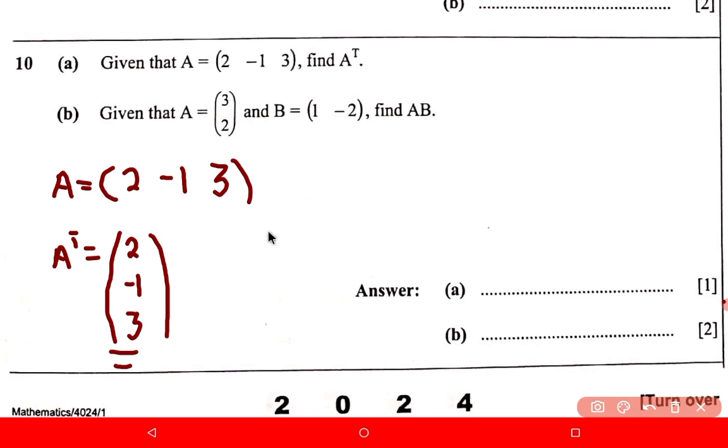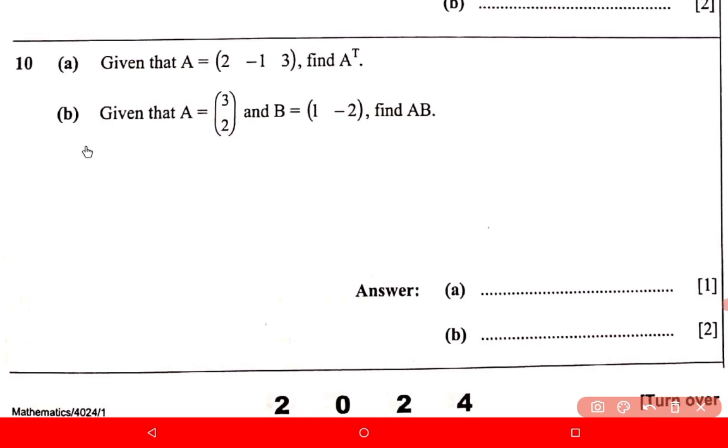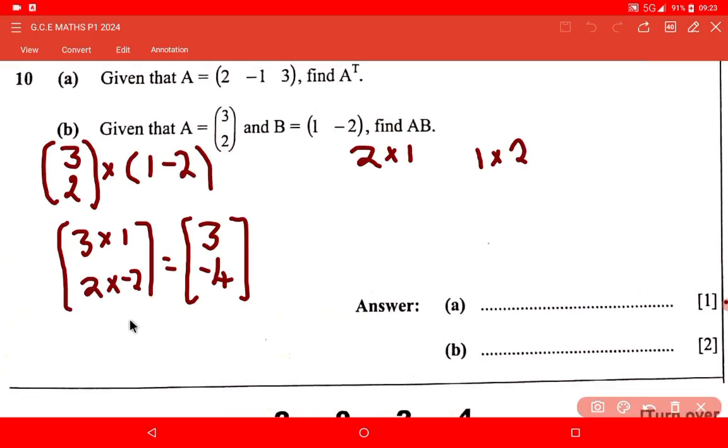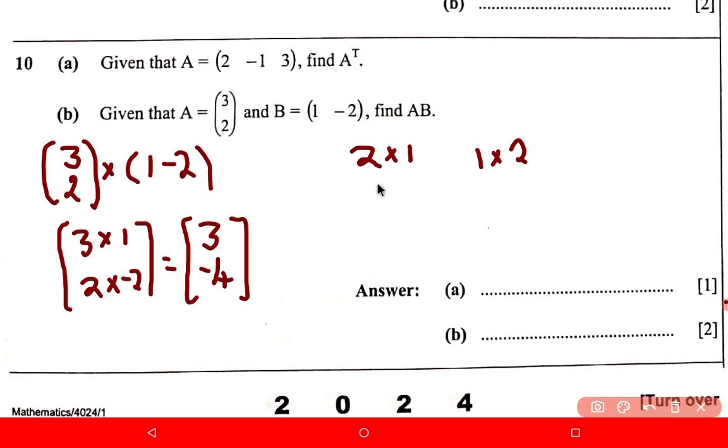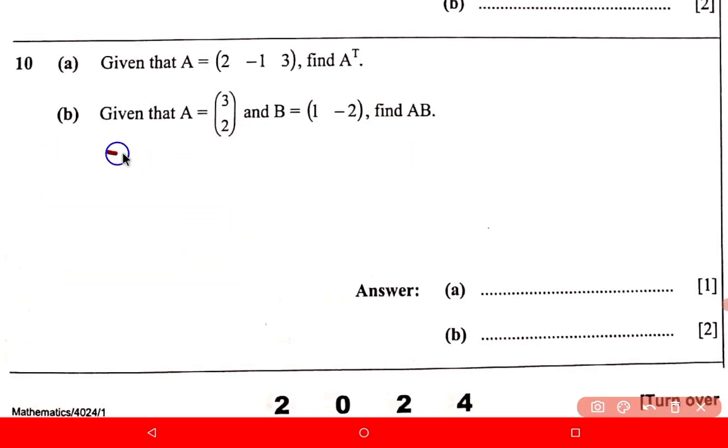Now given that A is equal to 2, 3, B is equal to 1, -2, find AB. That's a multiplication type of question. We are finding AB. So for question B, we are provided with this matrix, 3, 2 multiplied by